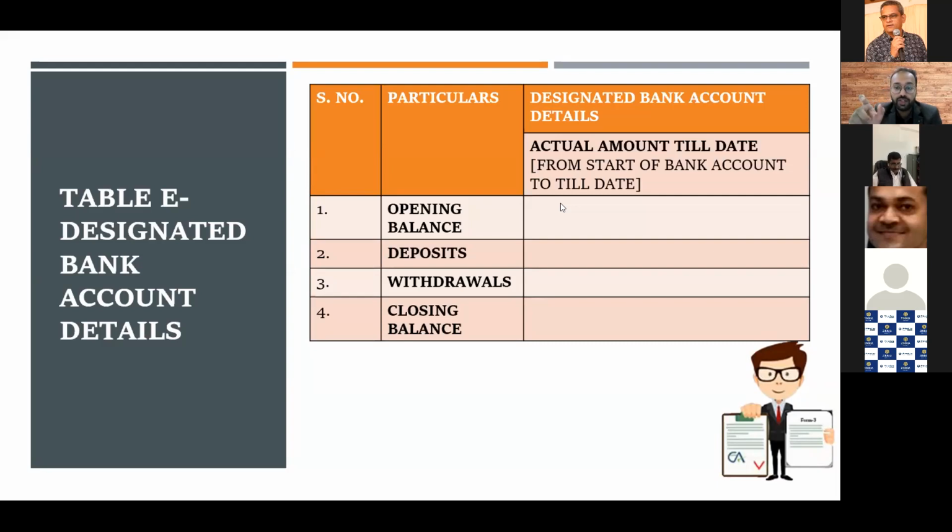But if you have observed, it is the opening balance of the bank account and not the CA certificate. So till now, in any of the Form 3, we have never mentioned this balance. No, sir. The first time now CA will certify, and when the CA certifies again, suppose we are sitting here for quarter 3 certification now. So when CA gives quarter 4 certification in April, at that point of time, the quarter 3 closing will come as the opening of quarter 4.